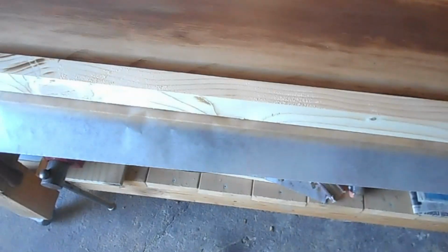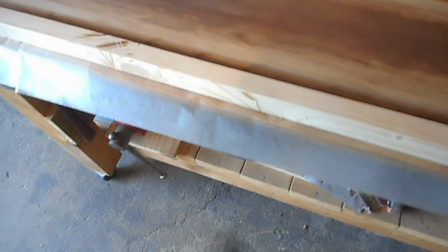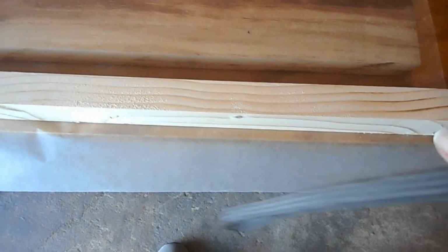Well, I'm getting ready to make a box. I just started making a few the other day. And I'm wanting to make a special box to put some of my dog's special things into. So this walnut is about 7 inches wide. And this pine